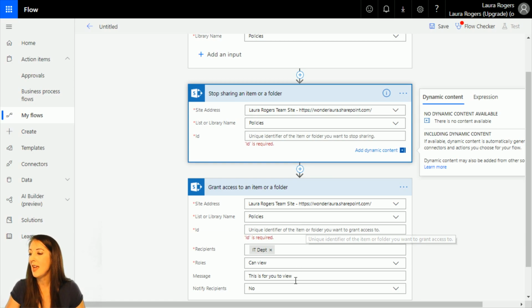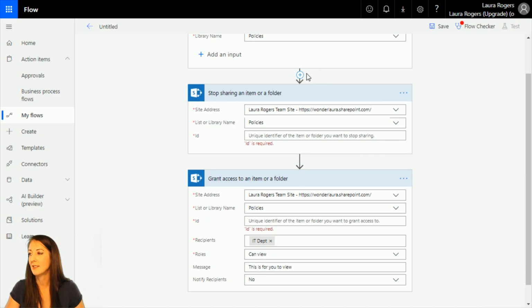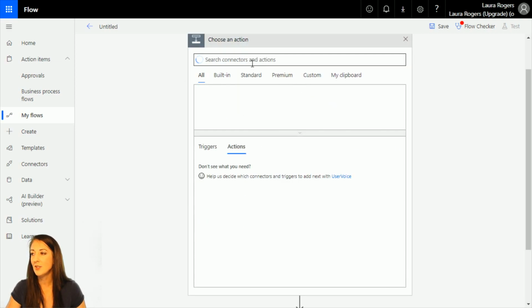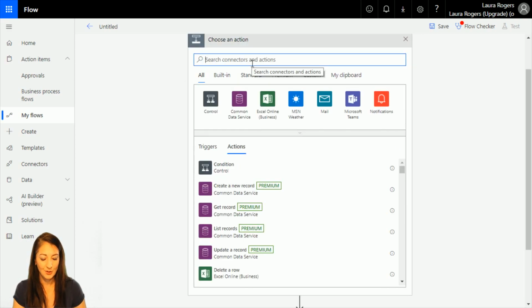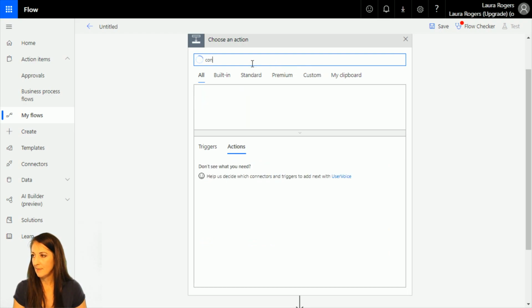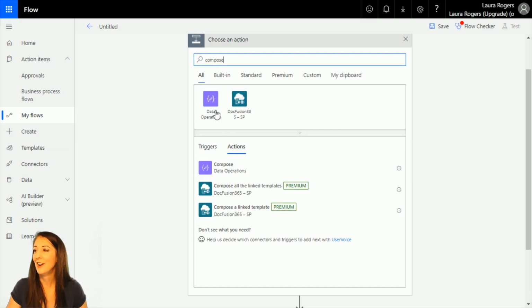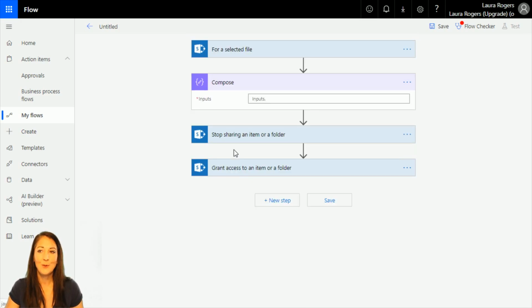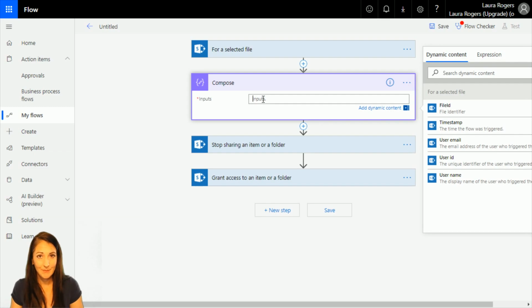So I noticed that I have to figure out where all my dynamic content is. So this is like troubleshooting, fun with Laura. All right. I like using the compose action sometimes just to be able to poke around and figure out what's going on. All right, so notice I see that I have file ID in here, but